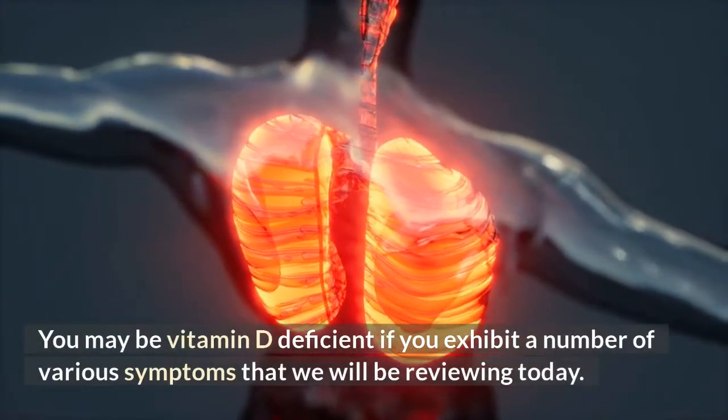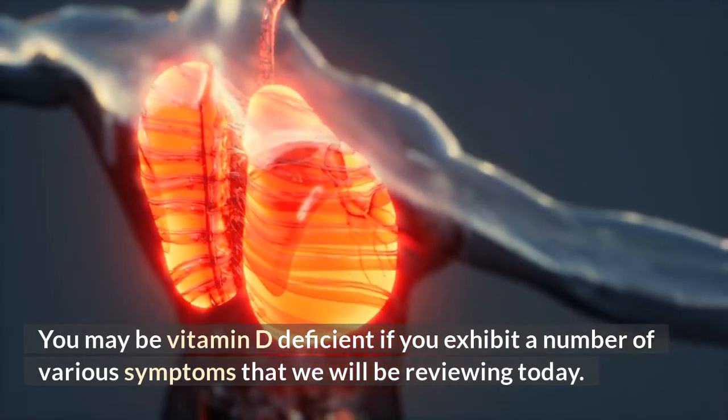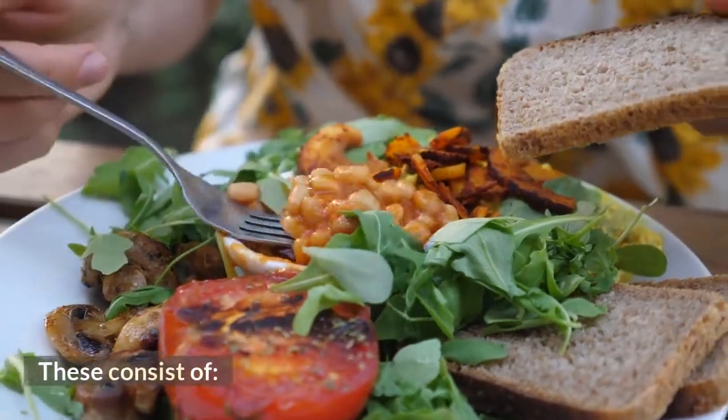You may be vitamin D deficient if you exhibit a number of various symptoms that we will be reviewing today. These consist of